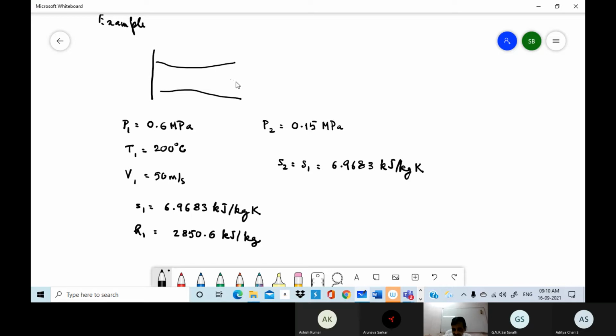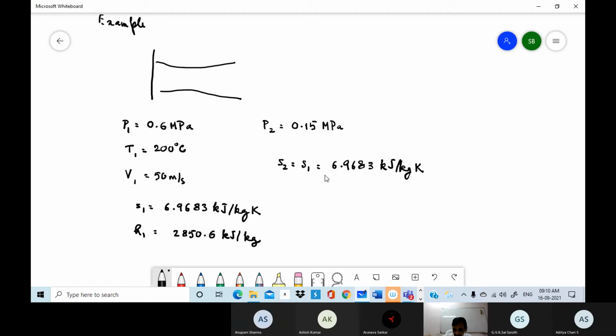Therefore the temperature must come down. If it comes down, will it still remain a superheated vapor or will it enter the saturation region? So the first thing to do is to check the